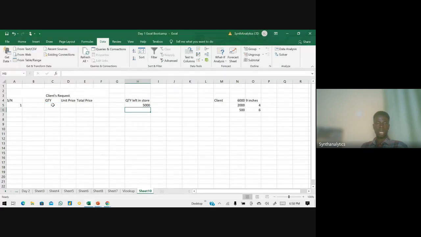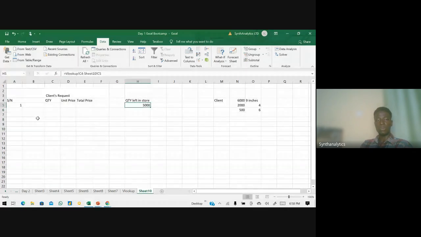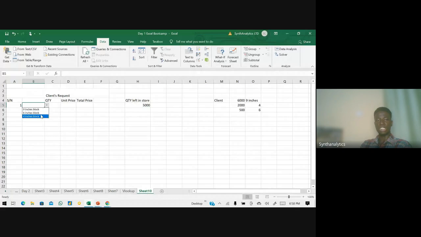So I have this. However, we should still not forget, this is looking quite much more complex for me. The reason why it is getting more complex is, what about if we put the formula for 9 inches? What about if what we put over here is 4 inches or 6 inches? It is giving us the wrong information over here. But there's a way we can actually work around that.